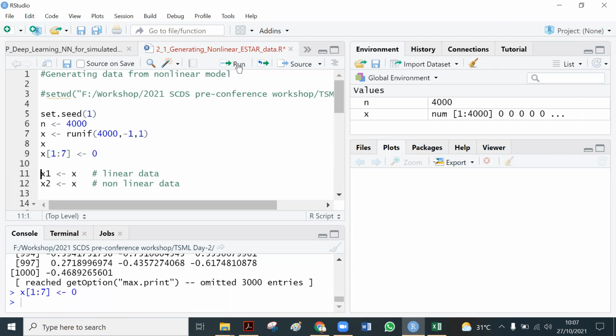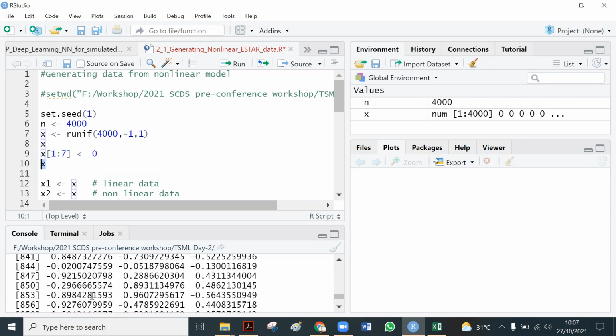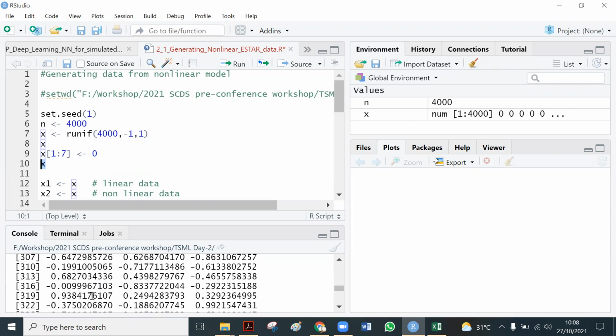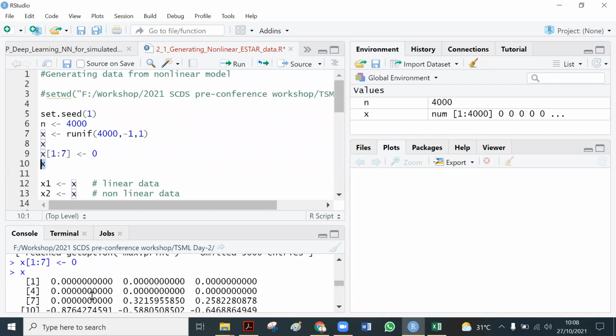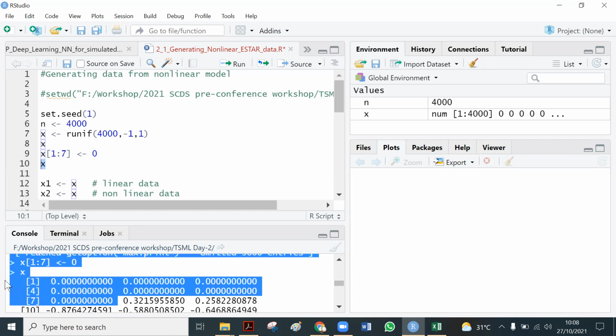Let's do this and check again. Yeah, now the first until the seventh observation are 0.